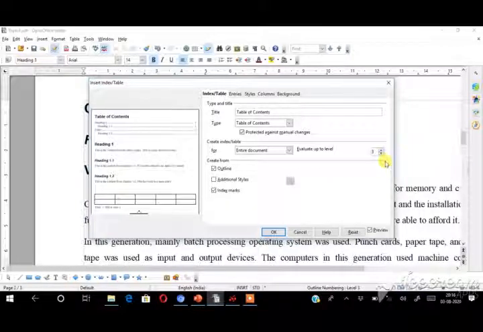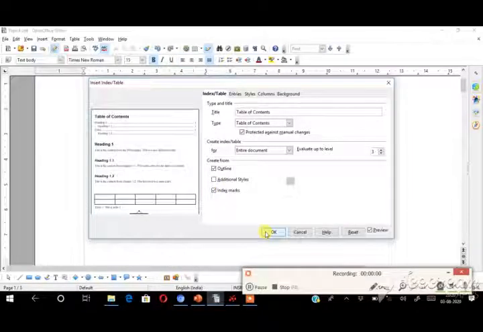And the next option is Create from. This is the default format of index: outline, additional styles, index marks. You can choose any type. Here, the outline is the default format of the index, and I am using this one. So finally, click the OK button.